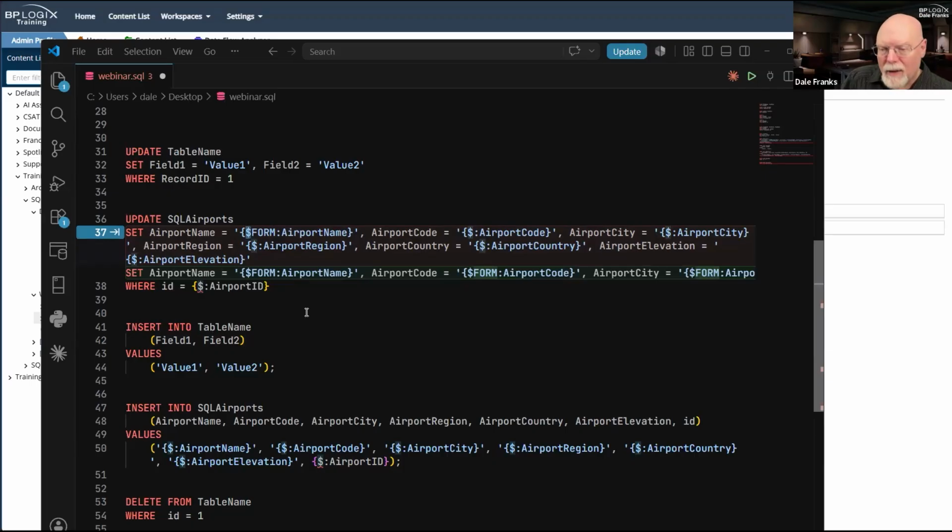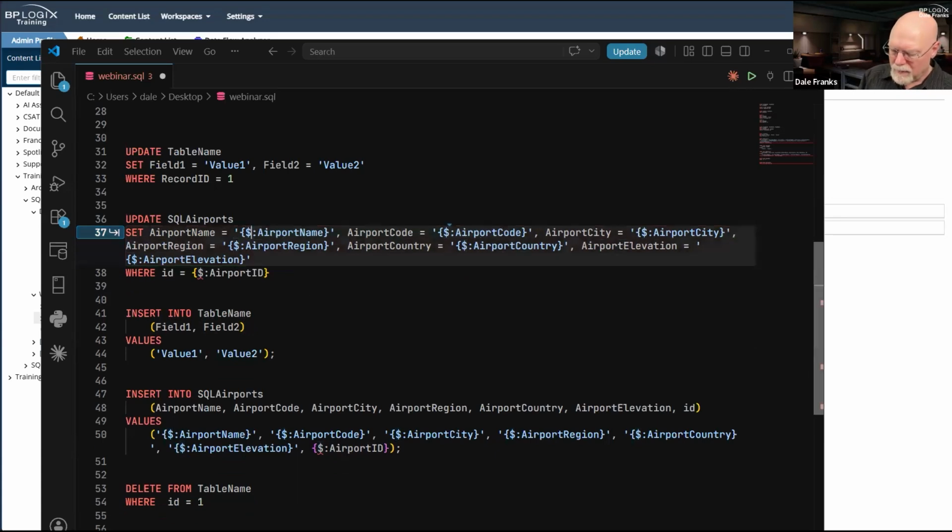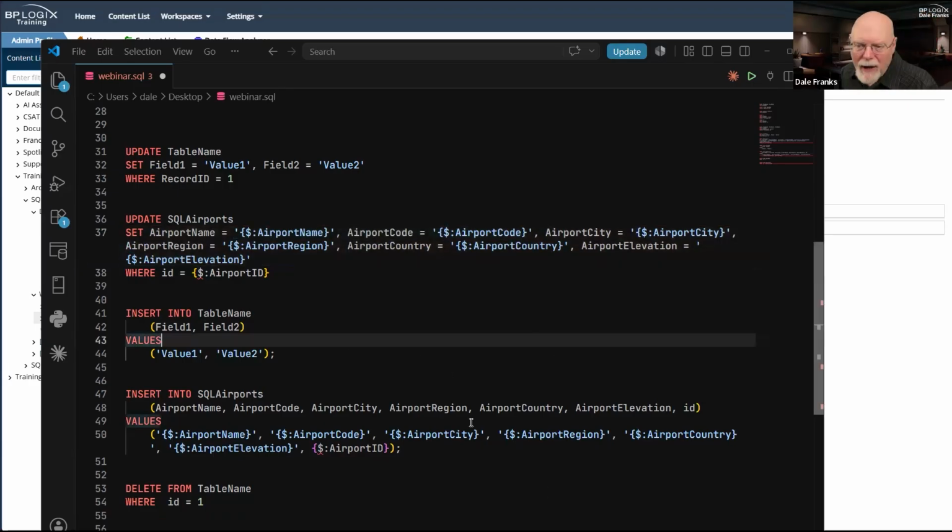So if you're using the full system variable name, it would be $form:field name. And if you're not using the formal syntax, that's fine. That'll work too. The important thing to remember is that the encoding character is always the first character of whatever system variable that you're using.